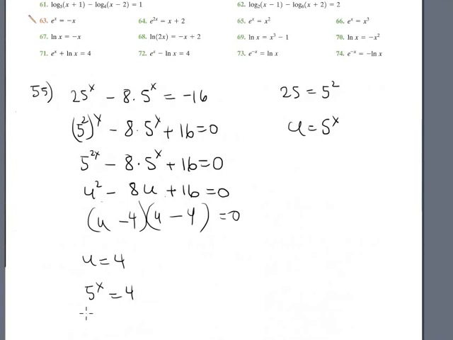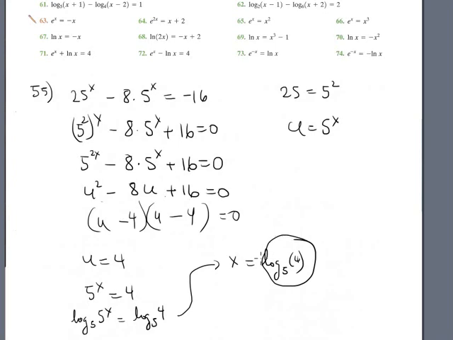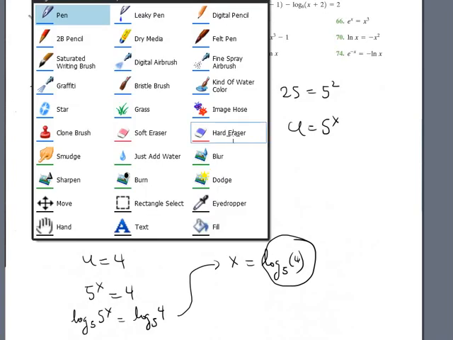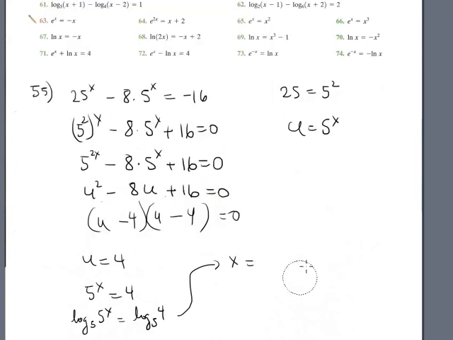It's like logarithm base 5 of 5 to the x is equal to logarithm base 5 of 4. Then x is equal to logarithm base 5 of 4, and this is the exact answer. You want to compute the value. Okay, this is the answer. The answer is